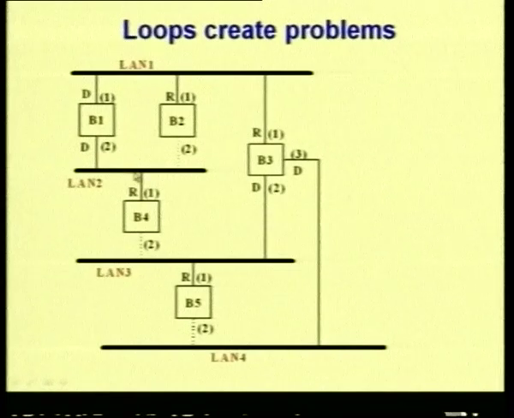Now the same packet will be received by B2, right, it will receive it on port 2 and transmit it again back onto port 1. So now what will happen is, there is a possibility that packets keep going round and round in loops between the two LANs. So this is a situation that we need to try to avoid, because the learning itself can